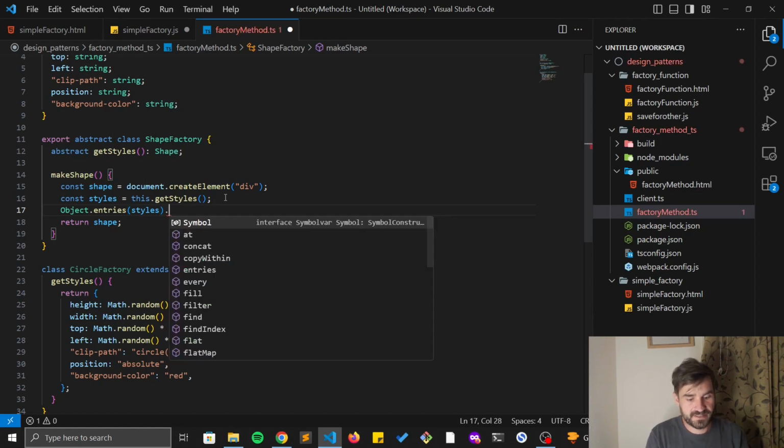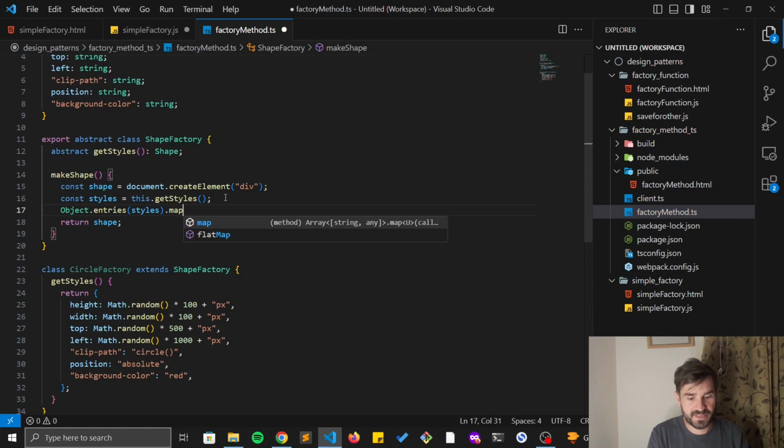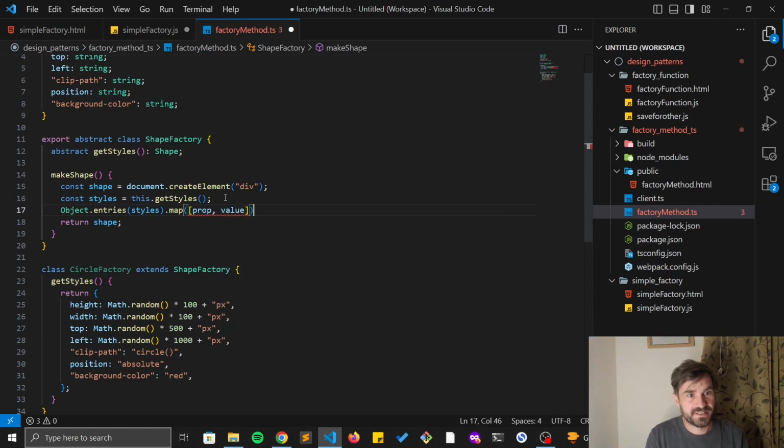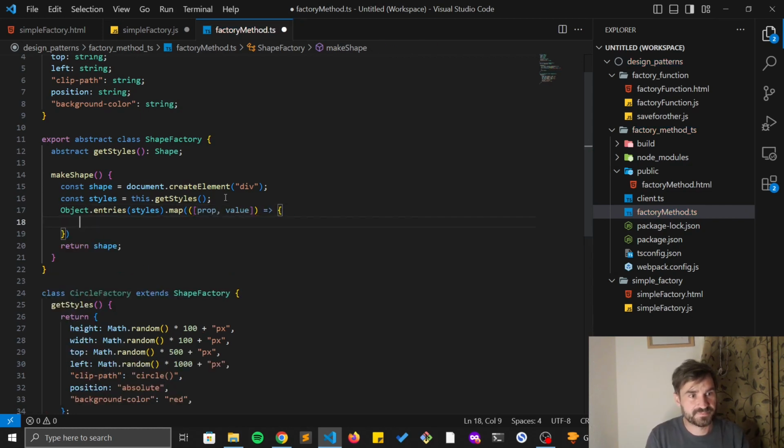So then that's an array, right? And then we're going to map that, and we're going to have the... well, what should we call it? Just prop value. Let's go nuts. Yep. And then, oh, hang on a minute. We need to surround this. We need to do this. And we need to return